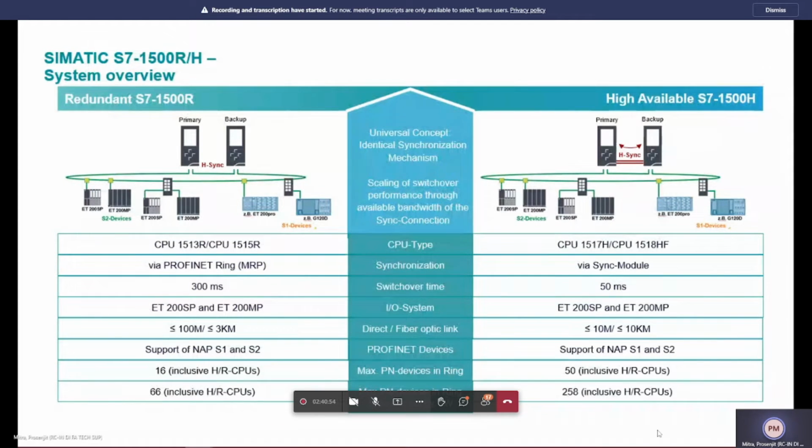Switch over time for 300 is less than 300 milliseconds, for 1500R it is less than 50 milliseconds, and for 1500H it is also a system switch over time. Apart from that, the different IO systems, like normal standard IO systems of 1500, like ET 200SP and ET 200MP, are supported with both R and H. And in case of 1500R, the limitation with standard optical Profinet cable is 100 meters. But if somebody goes with a